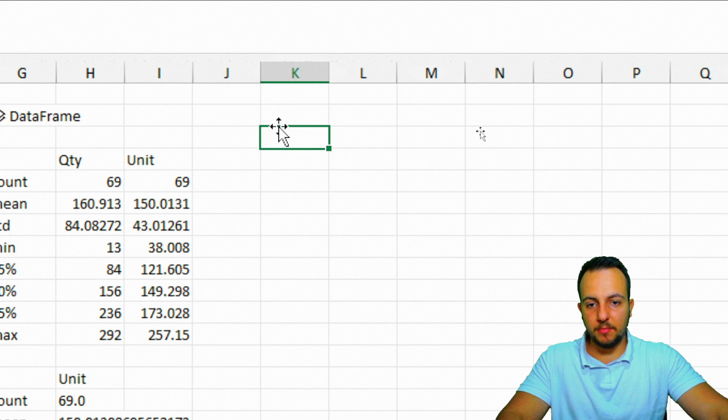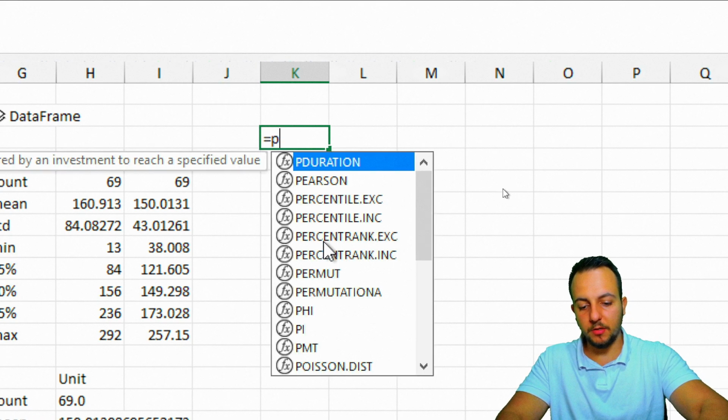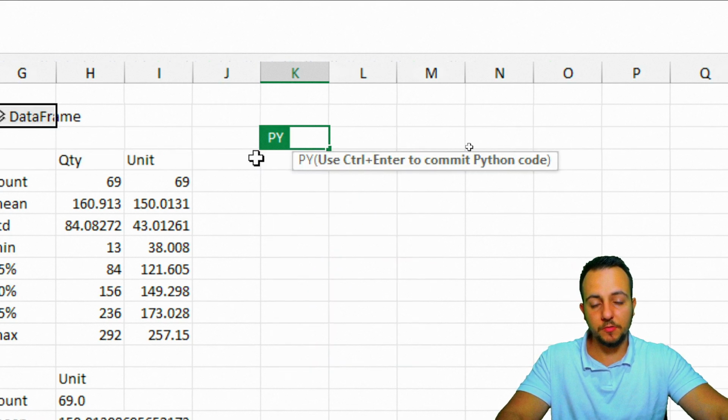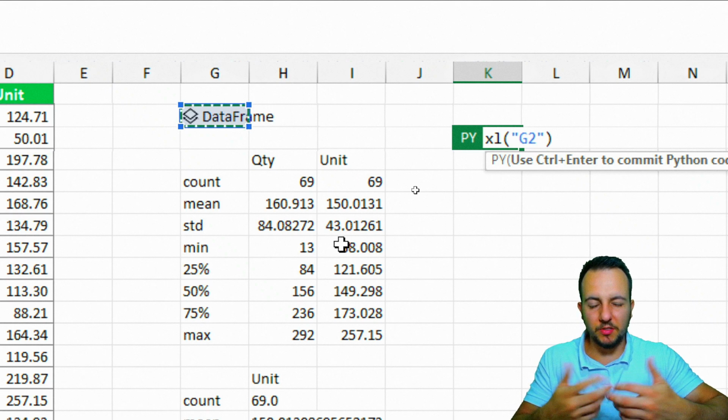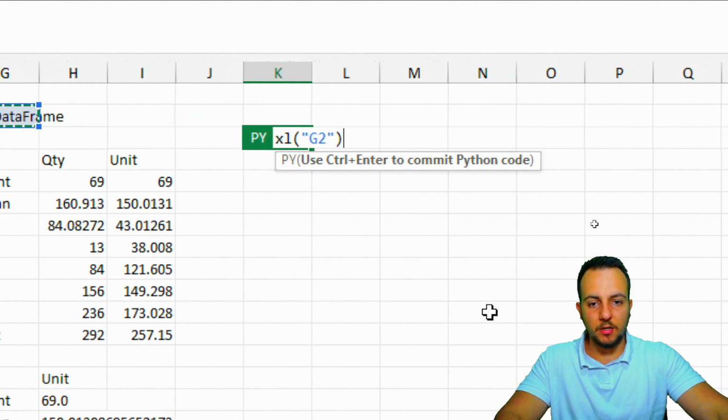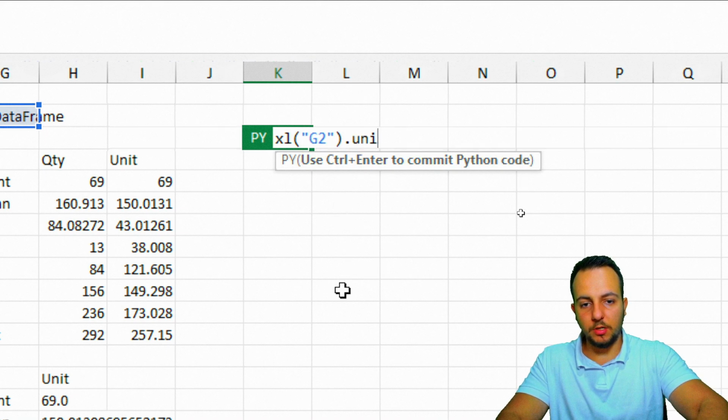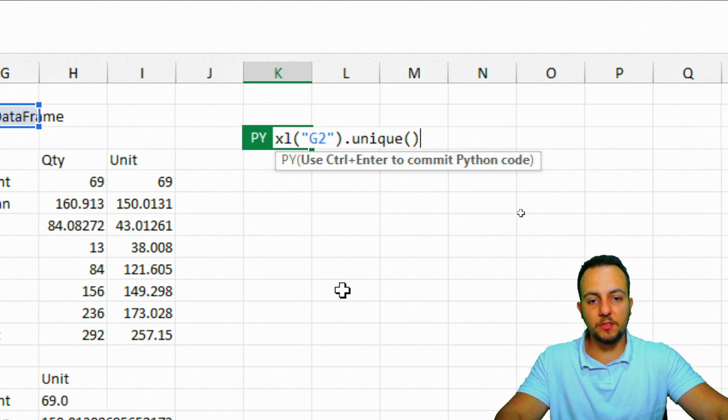So I'm going to click here in any blank cell, equal sign py, double click on this function to select. I can just click here on this data frame. I know that I can use the name of the data frame instead, but I'm just going to click there, dot. Now I'm going to use the function called unique. Open and close parentheses, and before you press Control Enter, just after this parenthesis, before the dot, you need